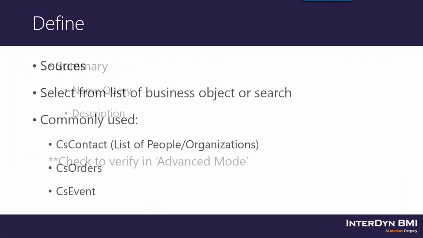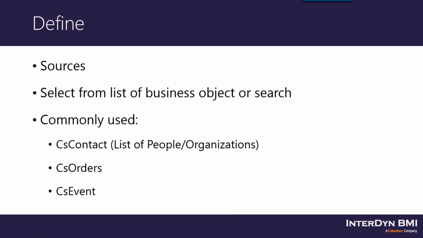We talked about summary. We talked about sources. We left from the business object. Like I said, CS Contact, a list of people and organizations. A few of the other ones that are commonly used are things like CS Orders. If you're looking for order information, CS Event is going to have event information. And a couple of others that I can think of right off the top of my head are things like